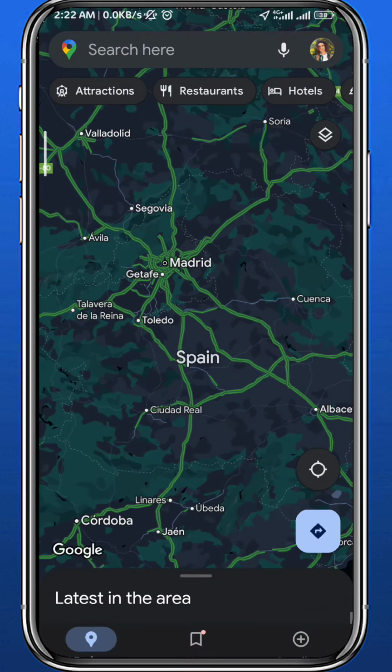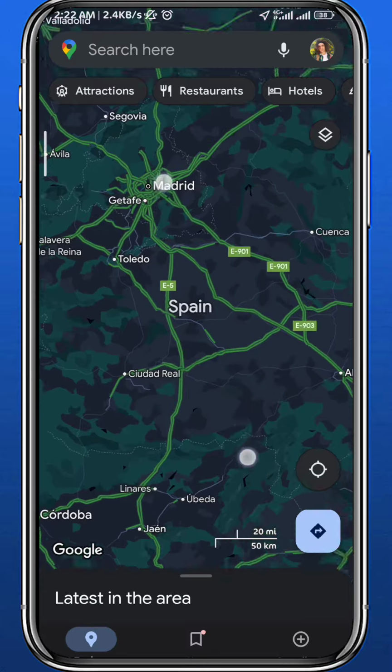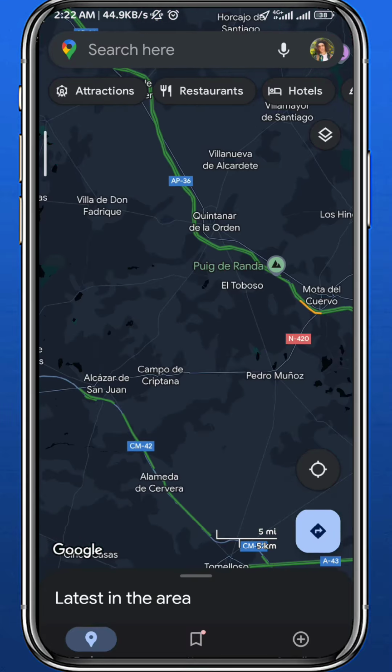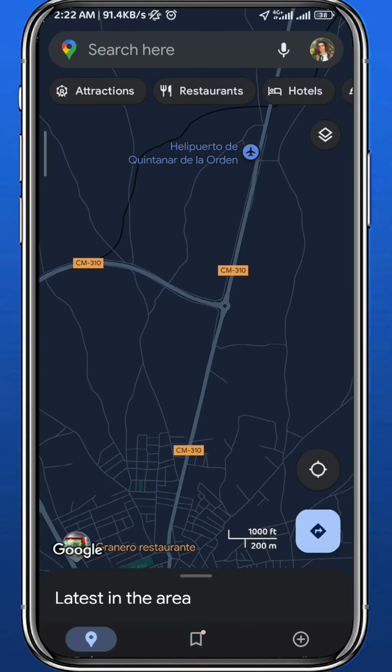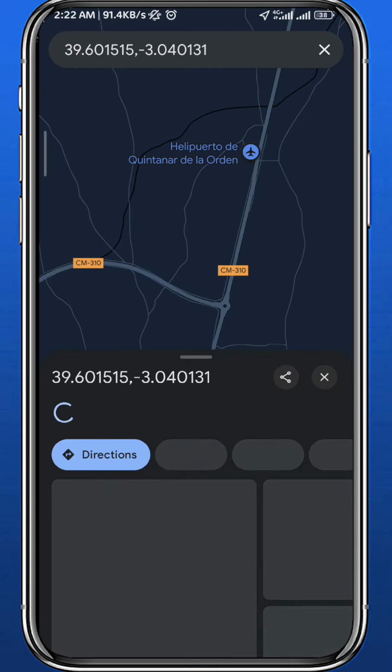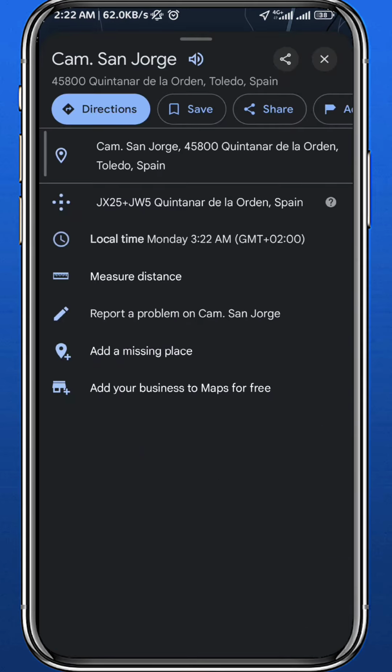From here we need to drag on the map to where you want to add this new location or this new place. Let's say we want to drop it on Spain. Let's go ahead and zoom in and tap and hold on the location we want to add that missing place. Then we scroll up, or we swipe up from the bottom and tap on add a missing